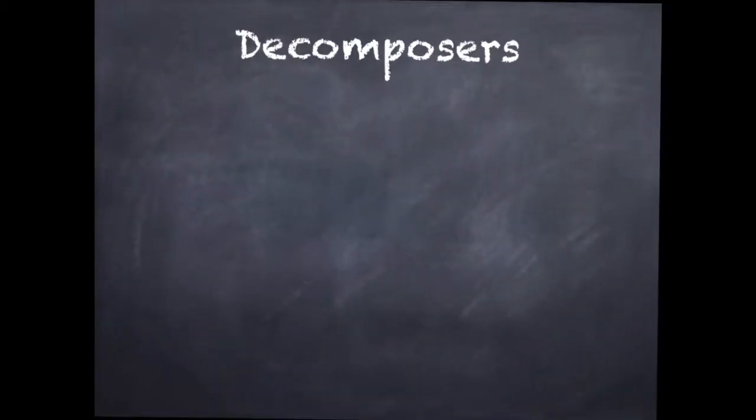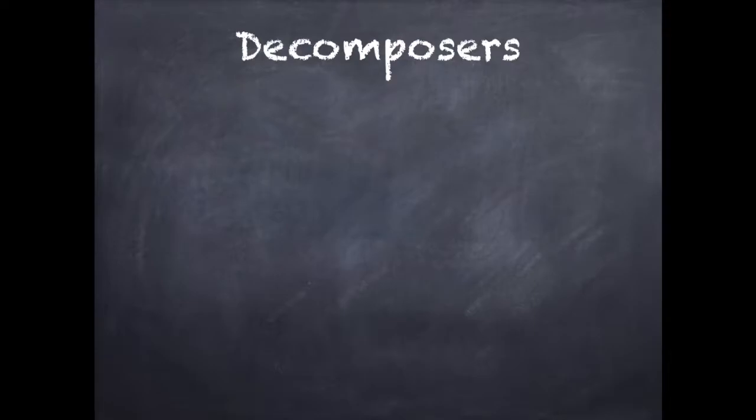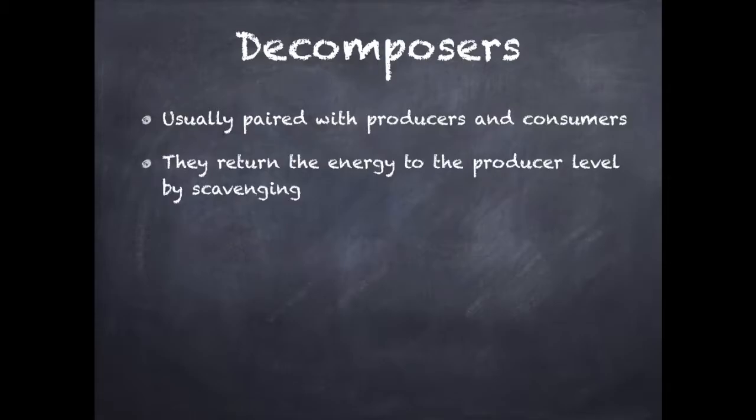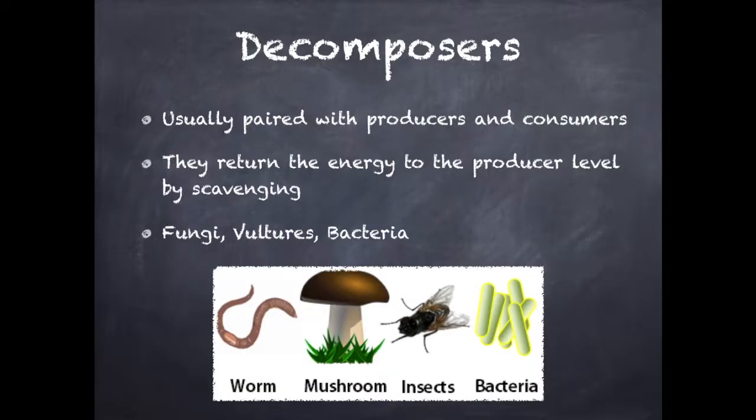Now, when we talk about consumers and producers, we also need to know the term decomposers. Decomposers are usually paired with producers and consumers. They are an animal or an organism that returns the energy to the producer level by scavenging. Some examples of decomposers are fungi, vultures, and bacteria. We can look in this image to see the worm, the mushroom, and the insects and bacteria are also more